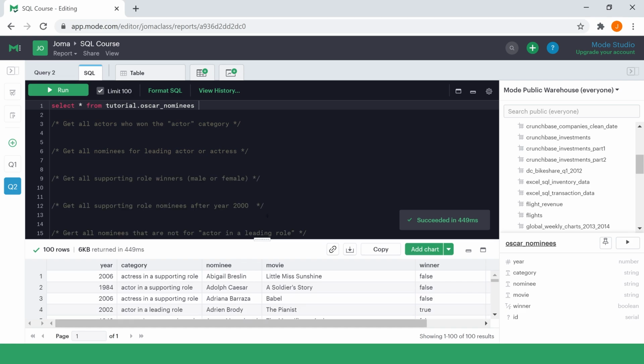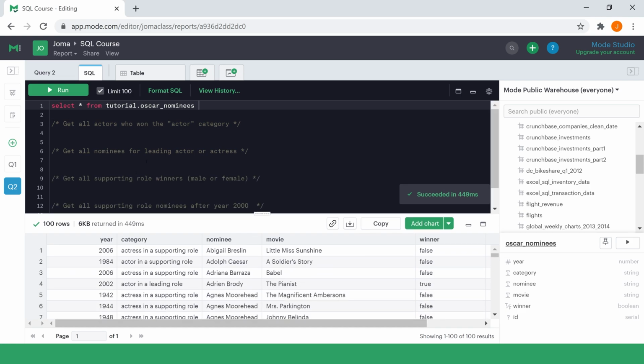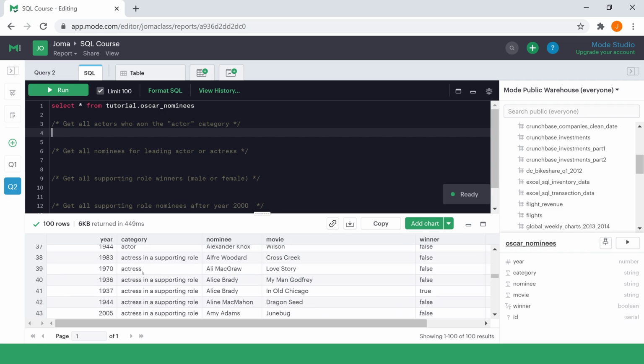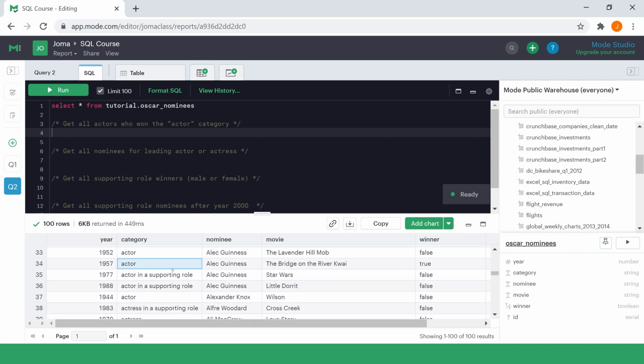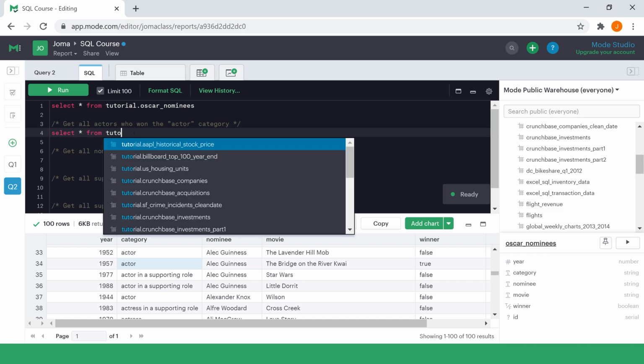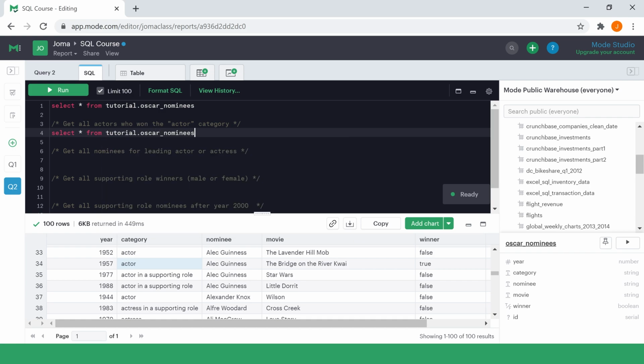Okay, so let's do some exercises. Let's try to answer these queries using our SQL code. So get all actors who won the actor category. Okay, so there is a category called just actor. Okay, how would you get that? How would you get all the actors that won the actor category? Well, let's just select star so we can select all the columns from the table tutorial Oscar nominee where,